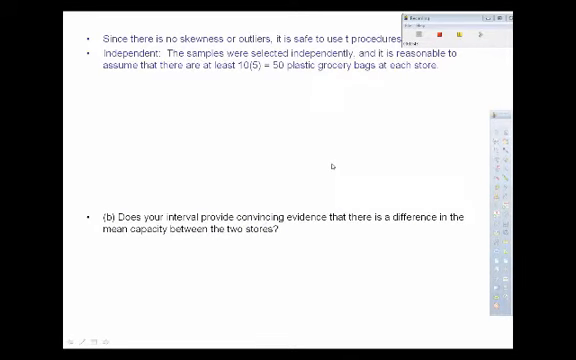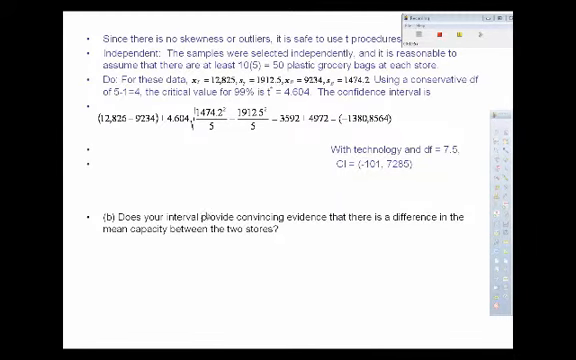Independent: the samples were selected independently, and it is reasonable to assume that there's at least 50 grocery bags in the store. All right, so here's our do. When you put the data into your calculator, Target's mean was 12,825, and its sample standard deviation is